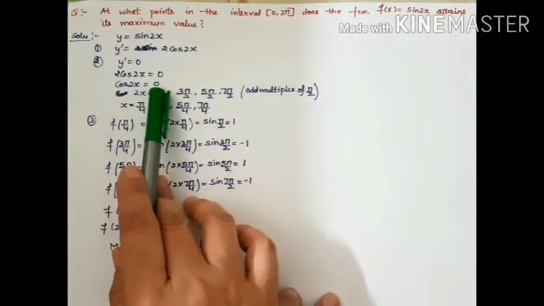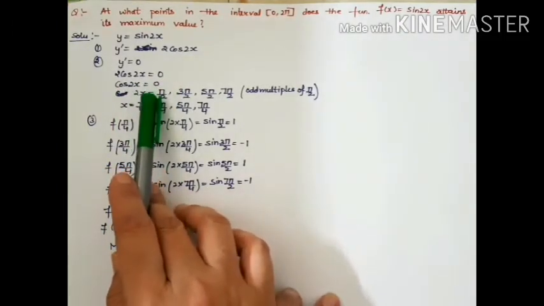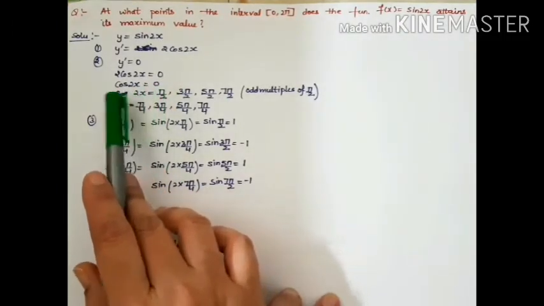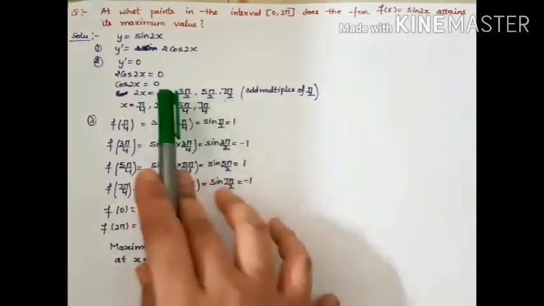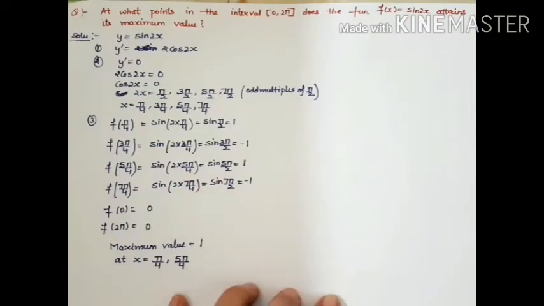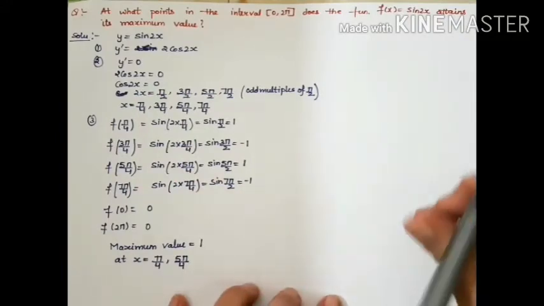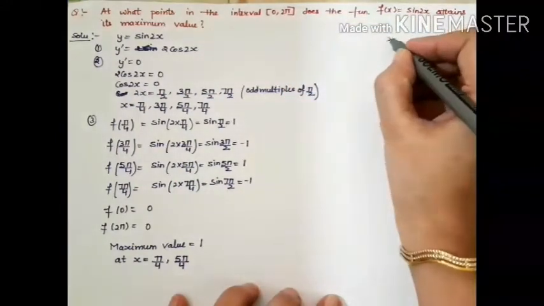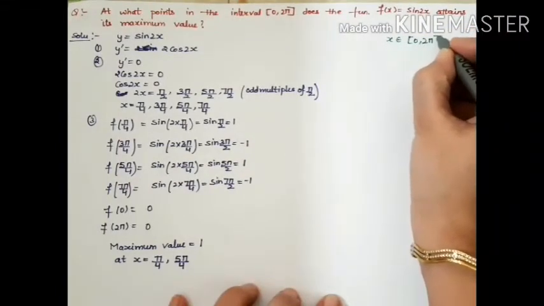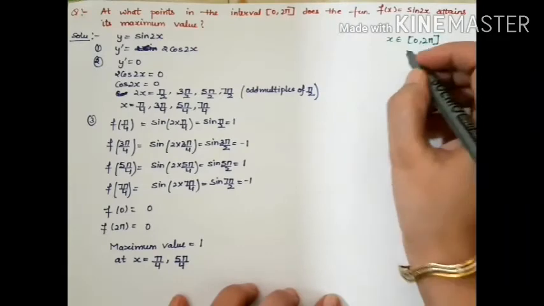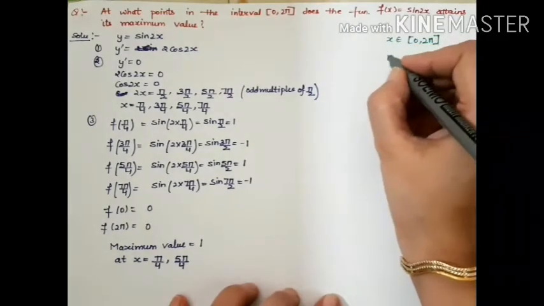Cos 2x is equal to 0. Now I have to see that within my given interval, how many possible angles will satisfy this equation. Again, the main thing here is this interval is for x. Your x belongs to 0 to 2 pi. Now let us try to see what about 2x.